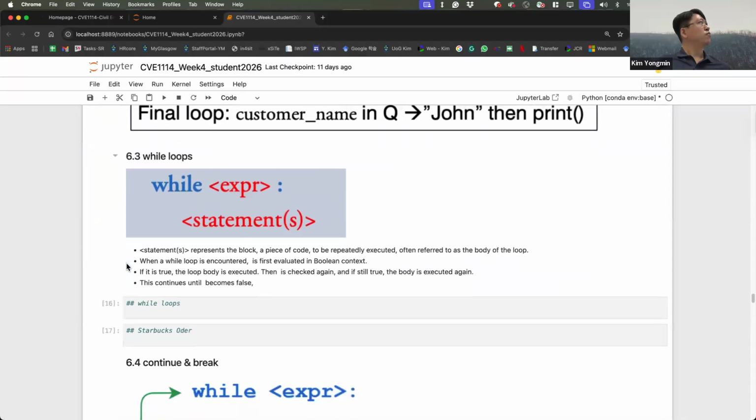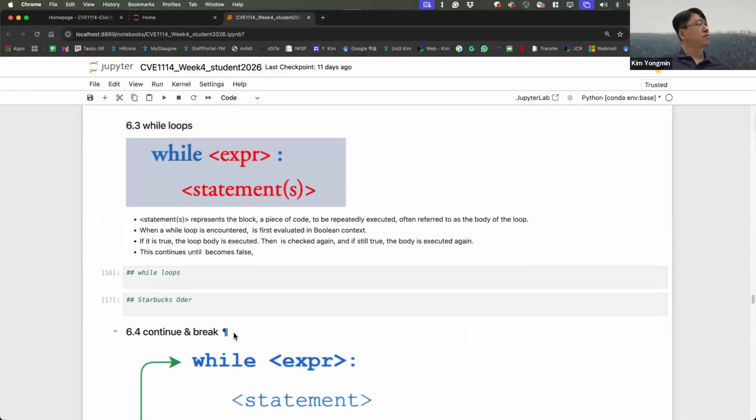How about the while loop? This is how the Python while statement is used to construct a loop. While expression, colon, and statements. The statements represent a block, a piece of code to be repeatedly executed, often referred to as the body of the loop.